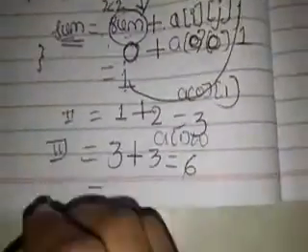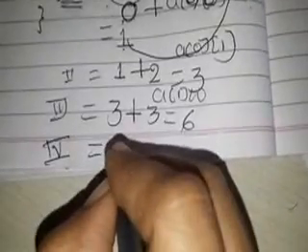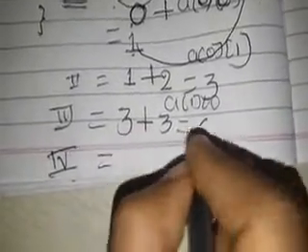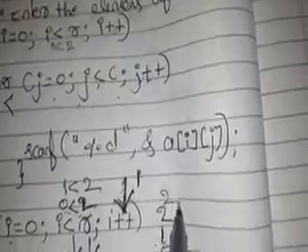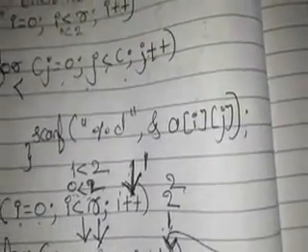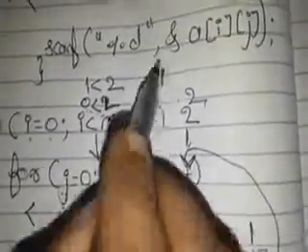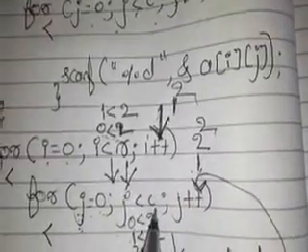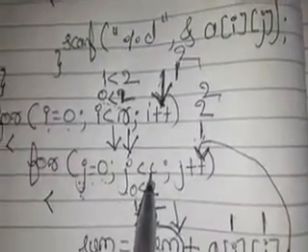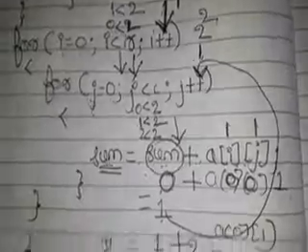Sum is equal to, this is the fourth iteration, sum is equal to sum plus a of ij. What was the recently updated value of sum? 6. 6 plus 4, that is 10. J plus plus, it will become 2. 2 less than 2, true or false? Yeah, it is false. As it is false, it will go for i plus plus. Whether it is true or false? False. As all are false, it will come out of the for loop.